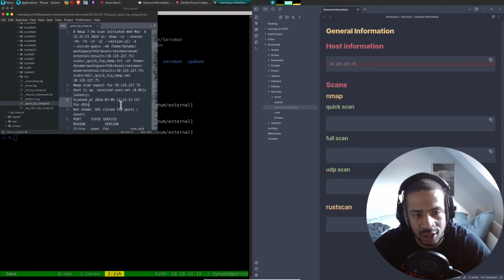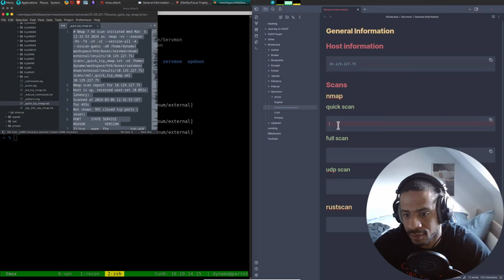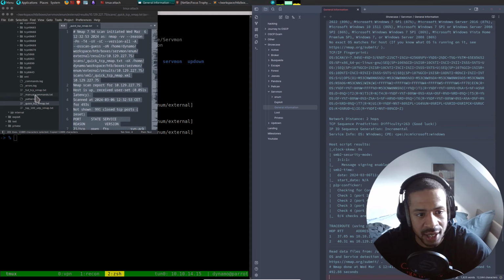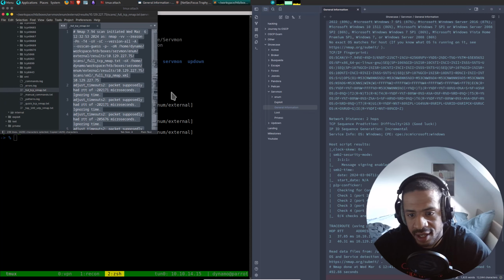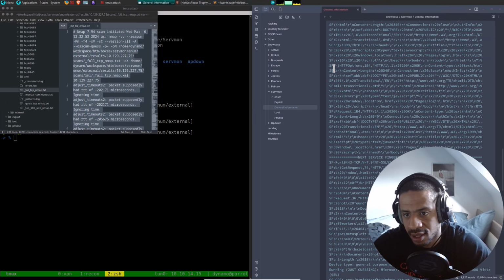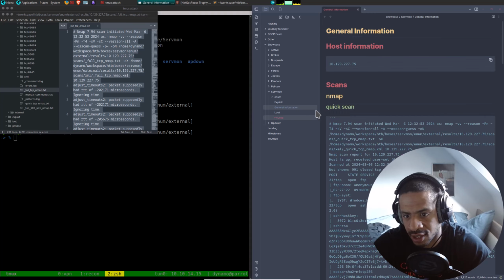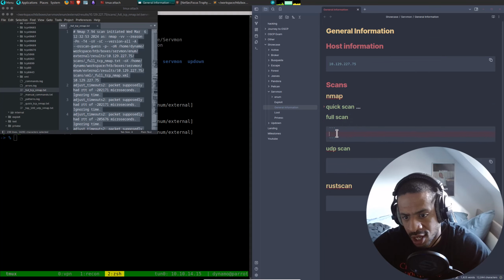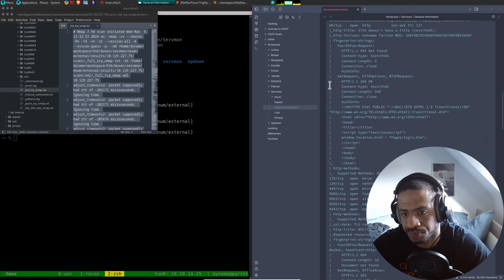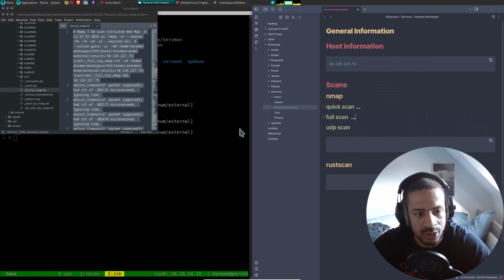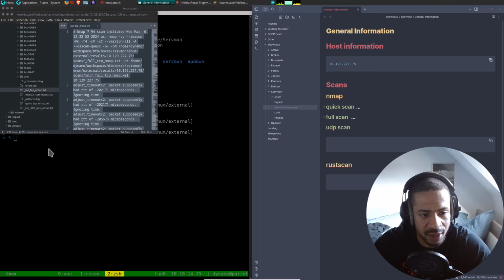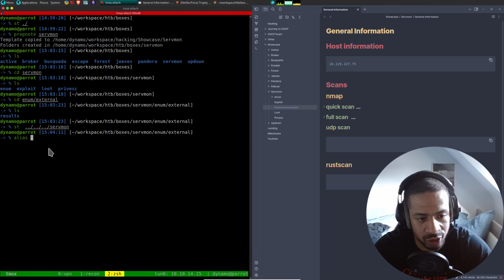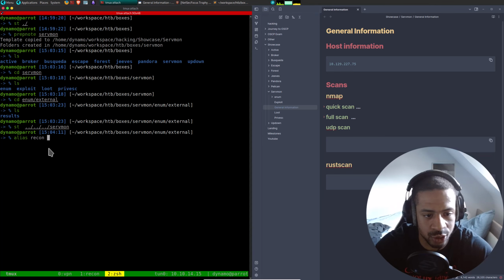So let's start with a quick scan, and then let's do the full scan. Yeah, actually that's a great idea. I'll just do that from now on. We lose a lot of time going through the same thing every time. But one last time, I'll just show you what I would usually do.